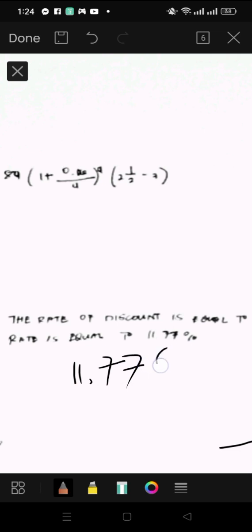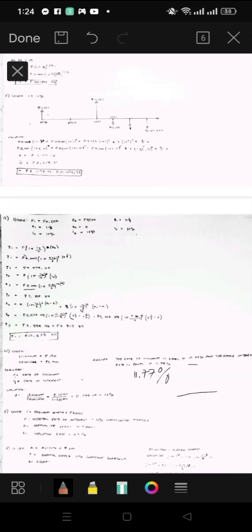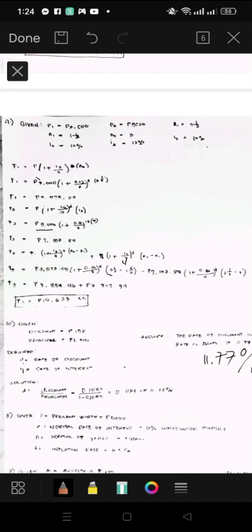So the rate of discount is equal to 10.53% and the simple interest rate is equal to 11.77%. So